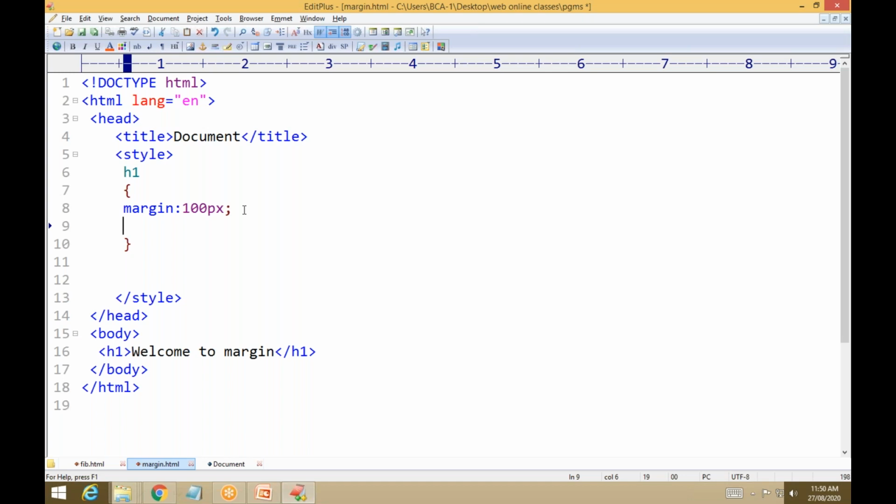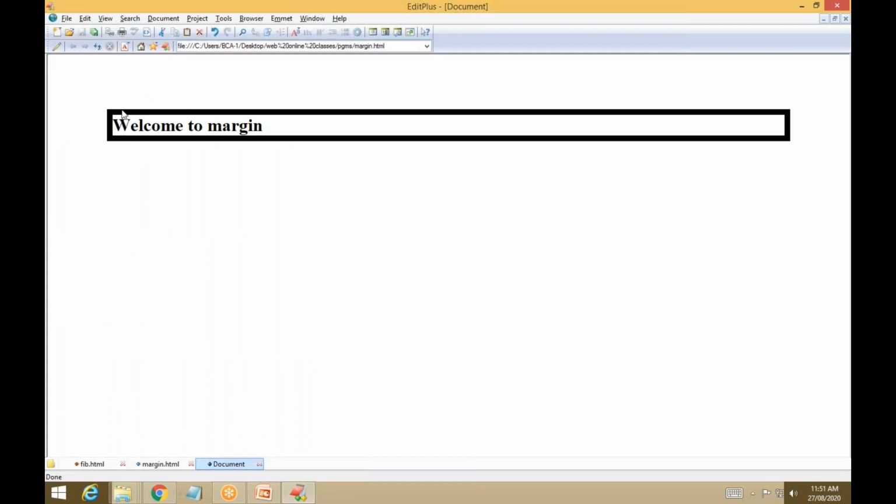First you have to write border: 10px solid. See, now it gives the border for the entire element. So according to the box model, every element has a border. Okay, now it is clear.